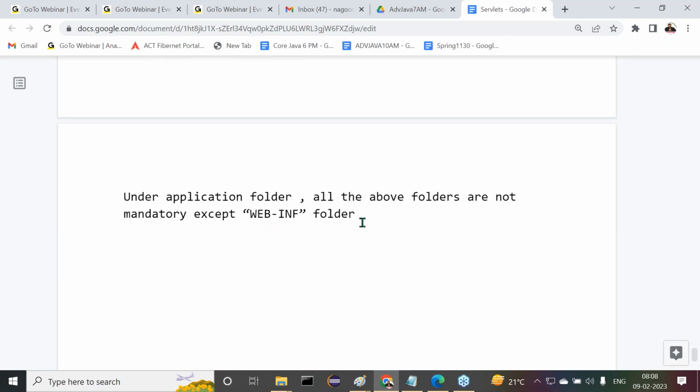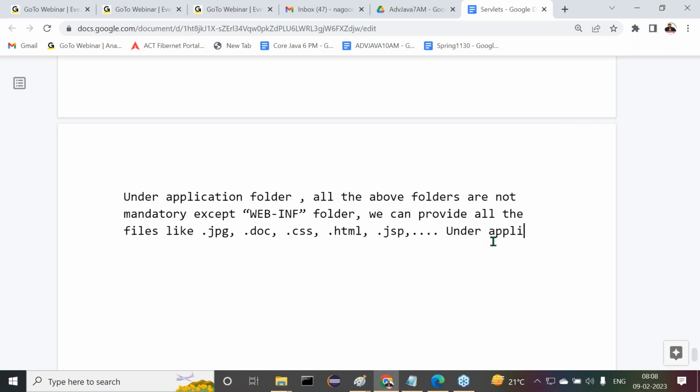Next, we can provide all the files, like .jpg, .doc, .css, .htmls, .jsps and so on. Directly we can put all the files under the application folder,